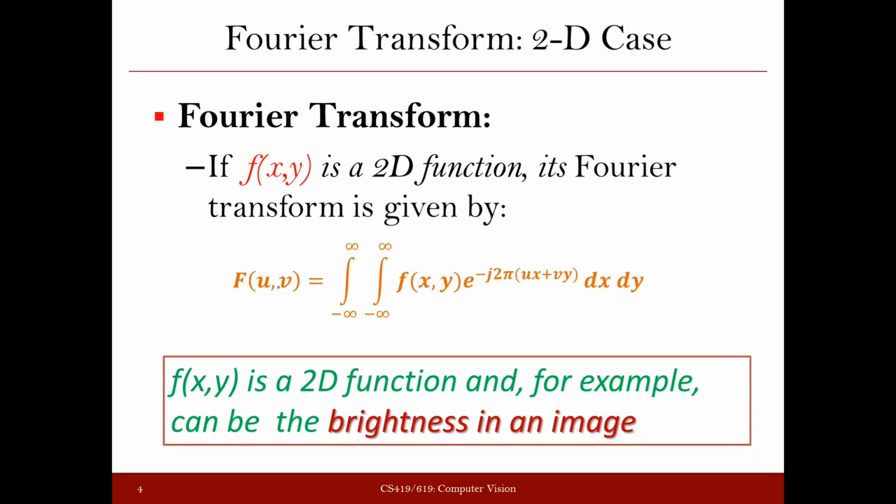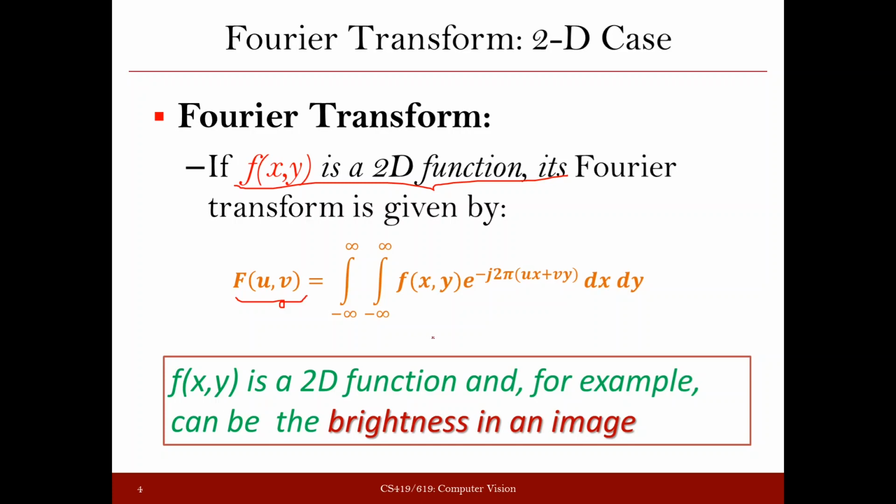So let us say a function f(x,y) is given. f(x,y) is a 2D function which is given in continuous domain, and we want to find out its Fourier transform. So its Fourier transform is given by this formula. If the function is f(x,y), its Fourier transform is represented here using this notation, capital F, and u and v are the frequencies. So capital F(u,v) gives you the equivalent representation of f(x,y) in Fourier domain or in the frequency domain. And this is equal to double integral from minus infinity to infinity of f(x,y) e to the power minus j2π(ux plus vy) dx dy.